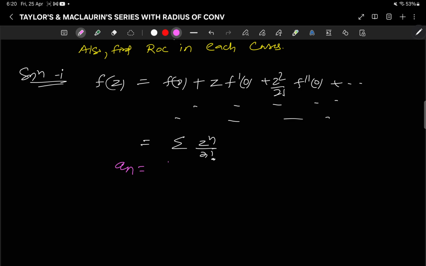Here a n is 1 by factorial n, so 1 by r is limit n tends to infinity of magnitude a n plus 1 by a n. If you simplify it, you will get infinity. Okay, now coming to your